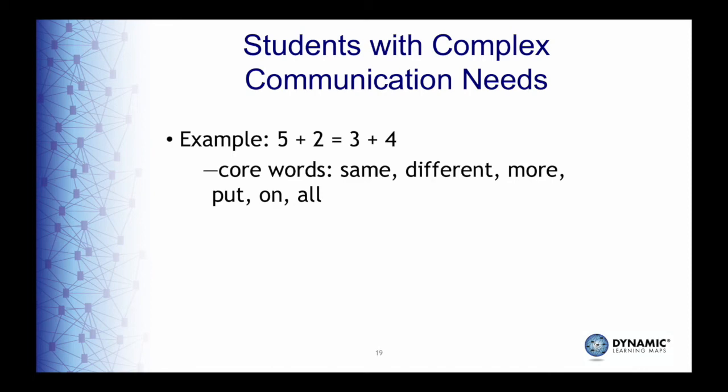Educators will model mathematical discourse using the core. For example, the educator can provide a think aloud model for determining if two sides of an equation are equal in value. Using the equation 5 plus 2 equals 3 plus 4, the educator may say, "Today we are going to use two 10 frames to help us find out if we have the same amount on each side of the equal sign. We have to decide if they are the same or different amounts. Remember, this sign means equal or the same amount.